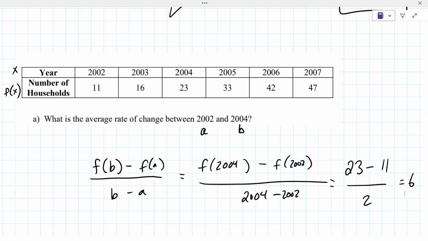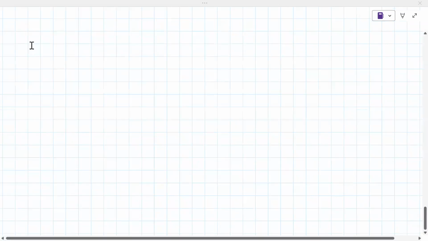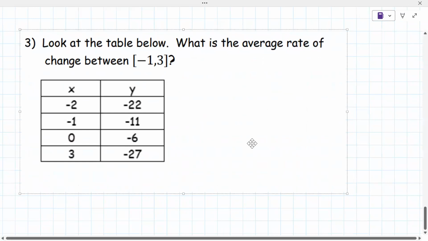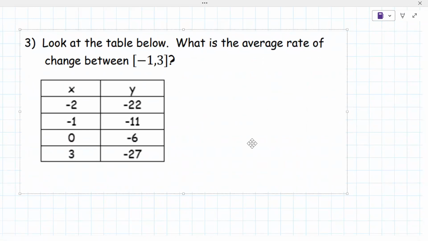All right. So okay. I don't want to do this. Just looking up some more problems. Here we go. So here's another problem for you to try on your own. It's like the last one. Okay. So